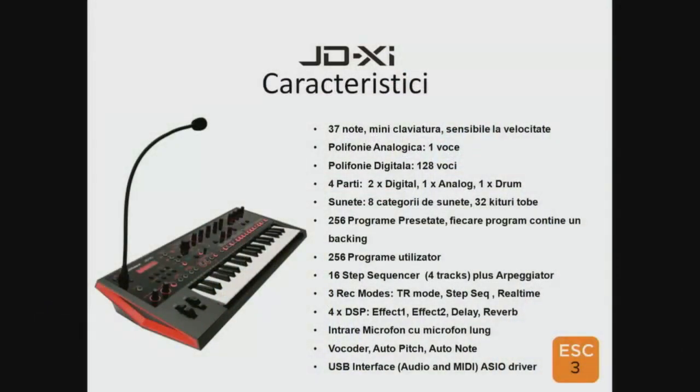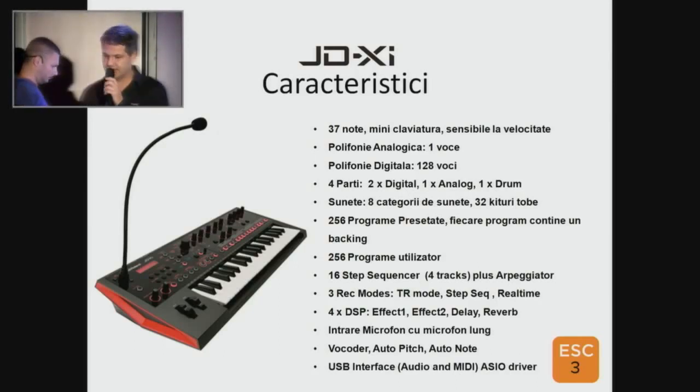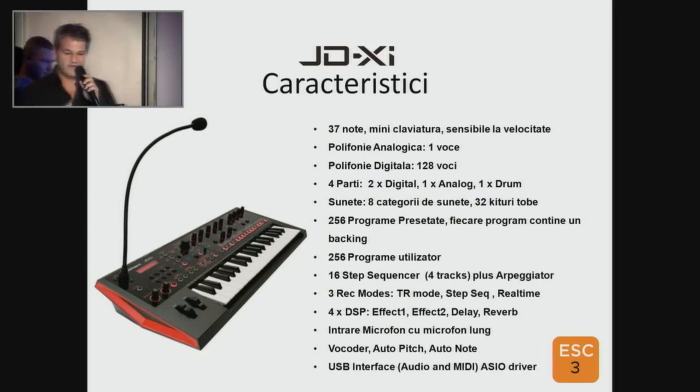So going back to the presentation part, guys, switch back. Just a very quick recap on the features. It's a small 37 mini-key keyboard, but velocity sensitive, bear in mind. We have one analog part, as Peter said, and 3 digital synth parts with 128 polyphony. In total, 4 parts. And many sounds organized in 8 categories, with 32 internal drum kits, preset programs,